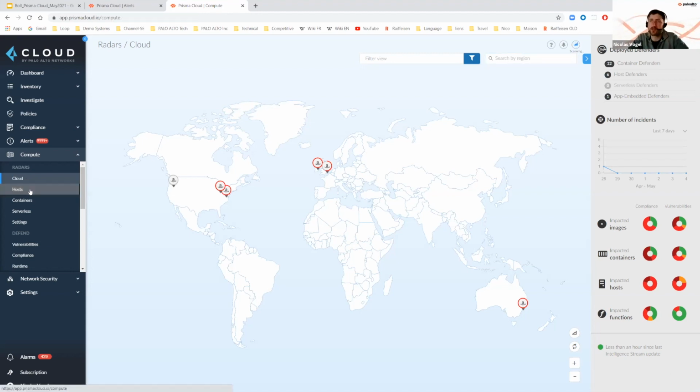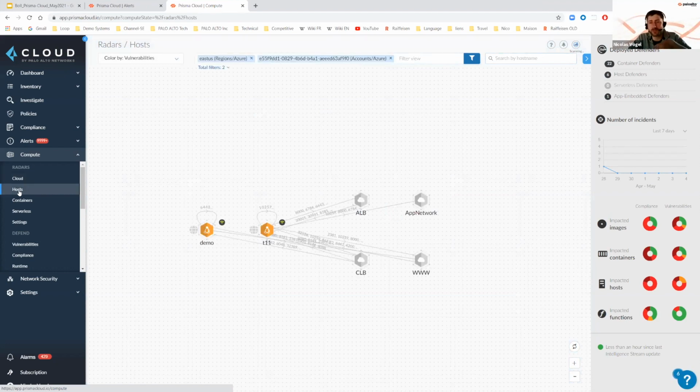And then you can have the host view. When I'm talking about the host view, it's really an agent, a process, a daemon set that is running on the Linux host, and there is a list of compatibility for where you can run that agent. Here we are talking about host protection to give you visibility to vulnerabilities, compliance checks, or even runtime events running on that host. Now, that is one part. What you are referring to is more the shift left and analyzing code, where we integrate in CI/CD tools,